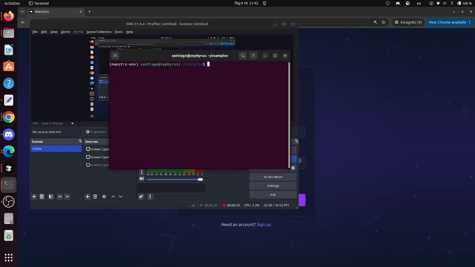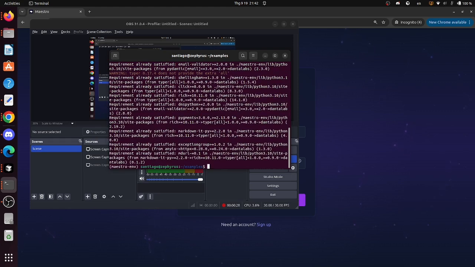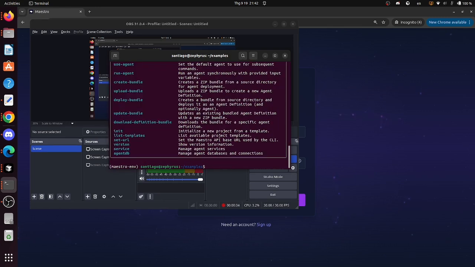Hello everyone, here we're going to showcase how to deploy an easy agent into the Maestro platform. So the first step is to install the Maestro SDK. That can be done via Python with pip install dental apps. That will install all the necessary packages. You can check if the installation was correct by running dlm --help,